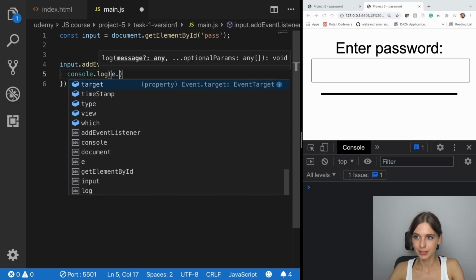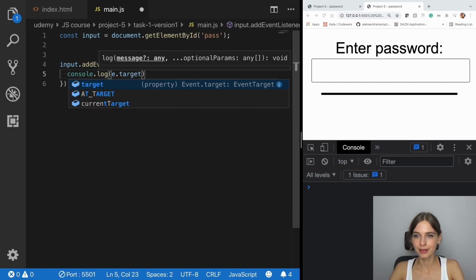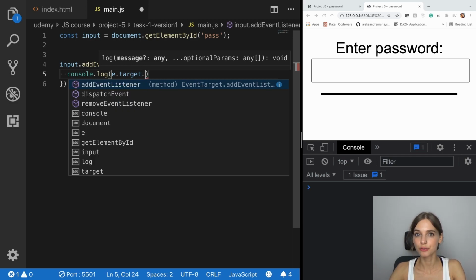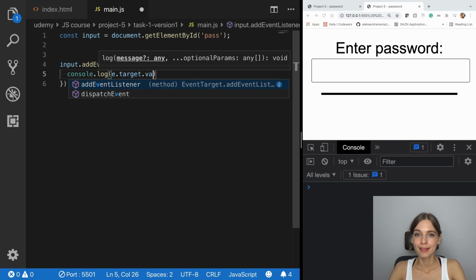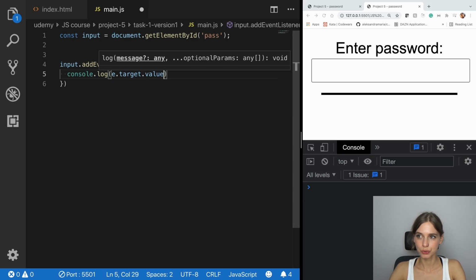So we're going to work on the event object. Then target is the thing that we're currently working on, so the input, instead of putting input because we cannot do that. And then normally to access the text property there's textContent, but it's not applicable in the input. So we're going to do value